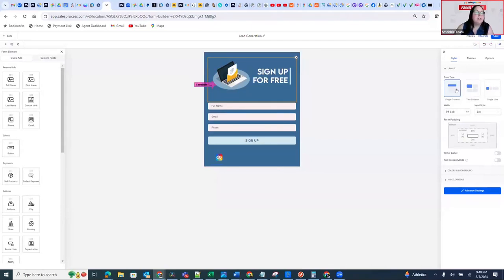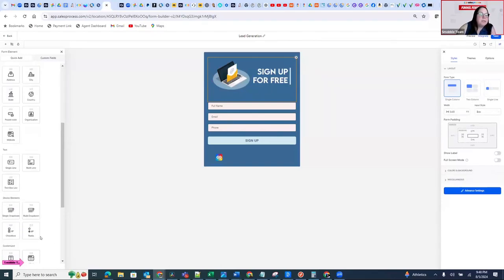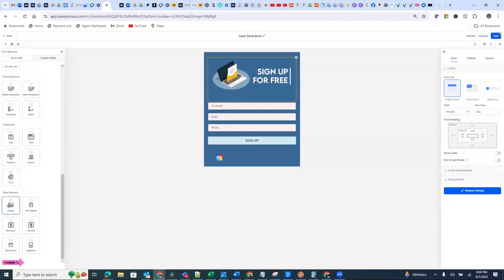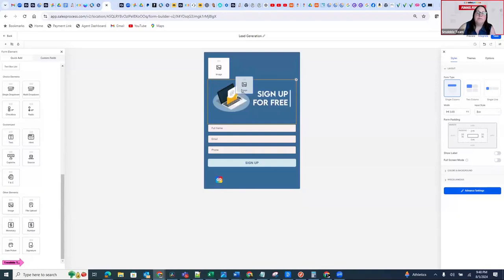Where's the image? Over on this side, there's an image. If you scroll down, there's images right there. You can drag that over and change it to a different picture.